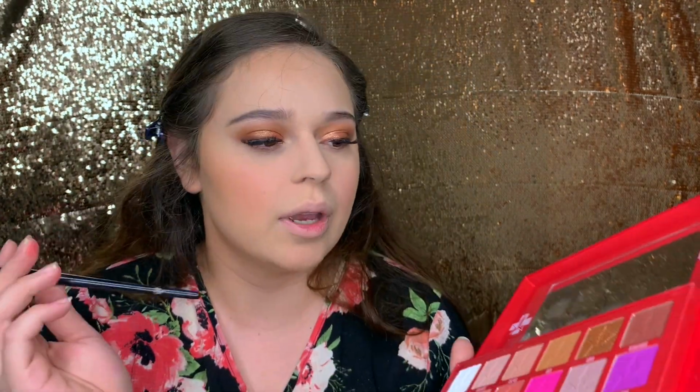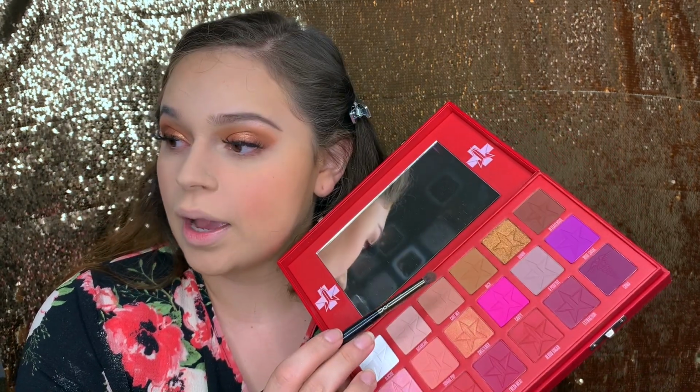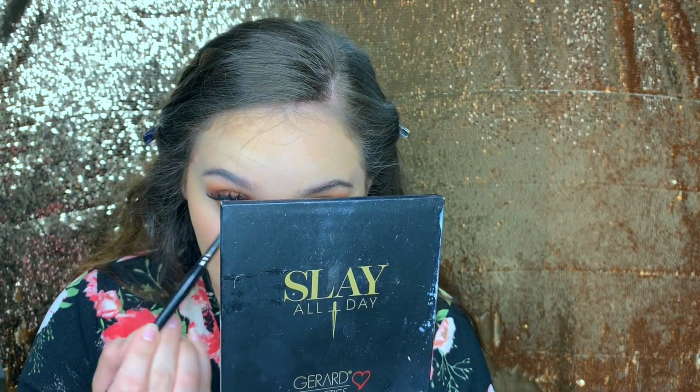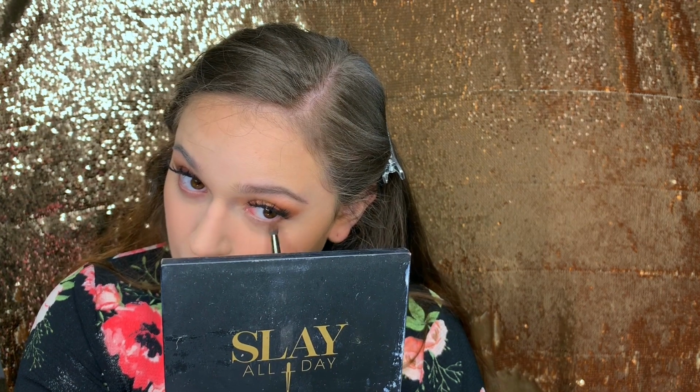I think I am going to go in with an E18 and go back in with that shade Ouch, which was the first shade we took, and just run that under the eye really quick, and then I will go in with an actual color. So for color, sis, I kind of want to go in with Prick because it might match the colors on my shirt. To be honest,